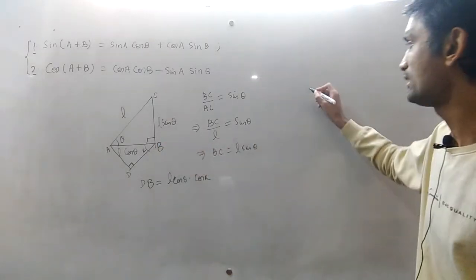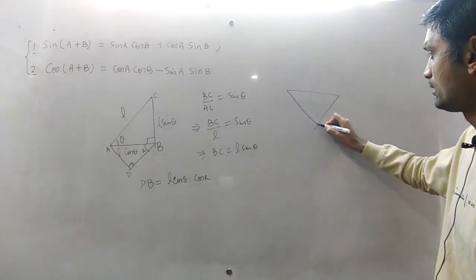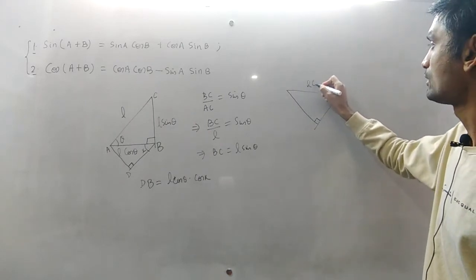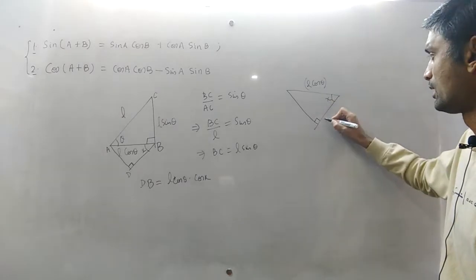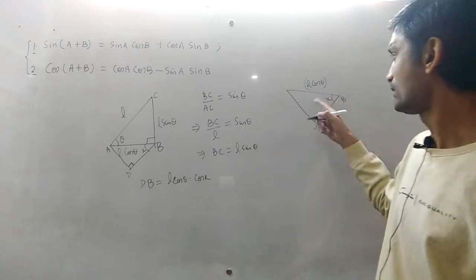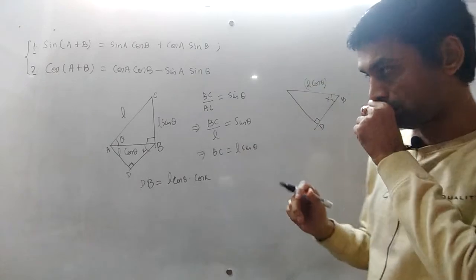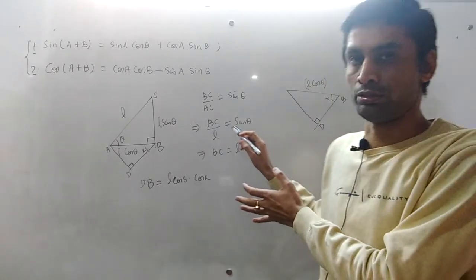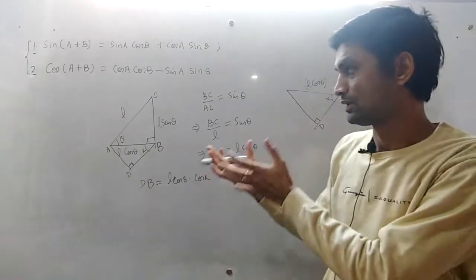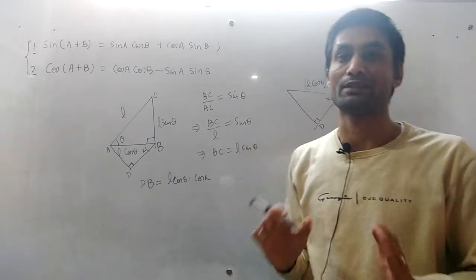If you magnify, the situation is like this. This is the 90 degree angle, this is the 90 degree angle, this is x, and this length is L cos theta, and we want to find this dV. If you calculate, dV will be L cos theta into cos x. If you understand this, the derivation part is not so difficult. So pause the video and derive it at least two or three times, I suggest.